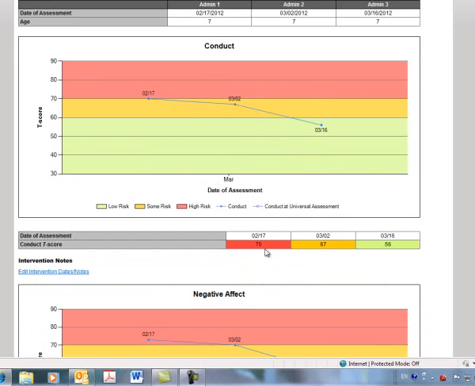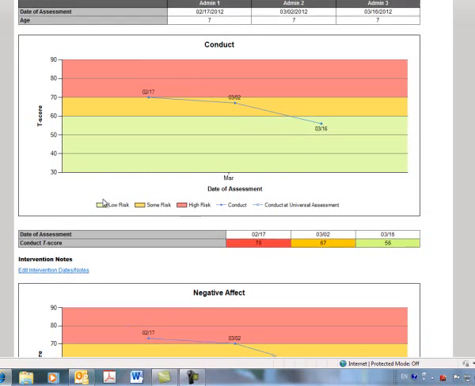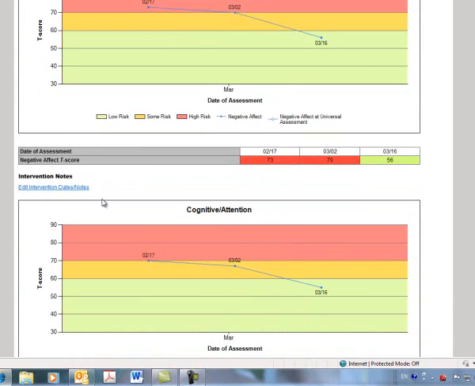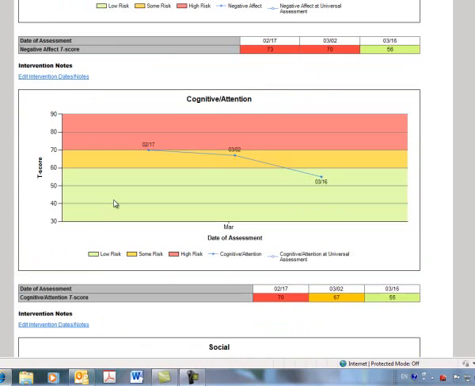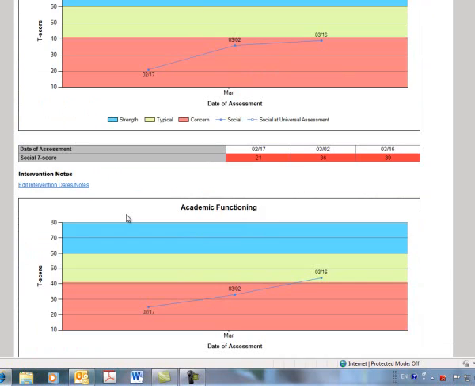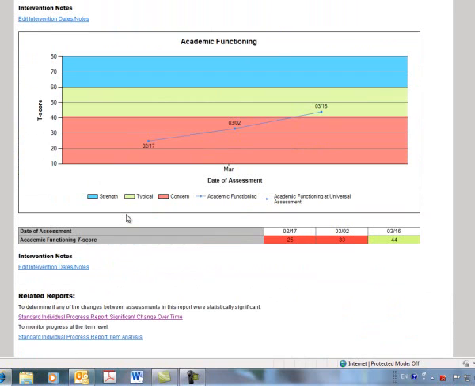The student's T-score for each scale is also listed under the date of assessment. So from here, I can print a copy of the report by clicking the printer icon at the top of the page,